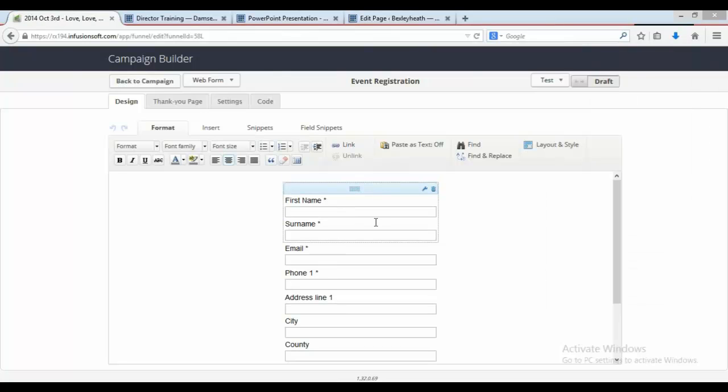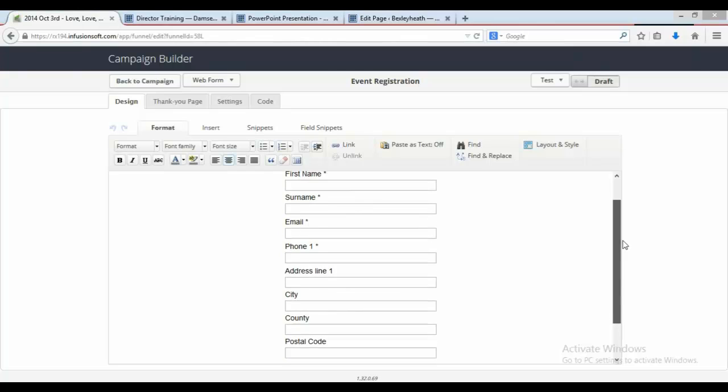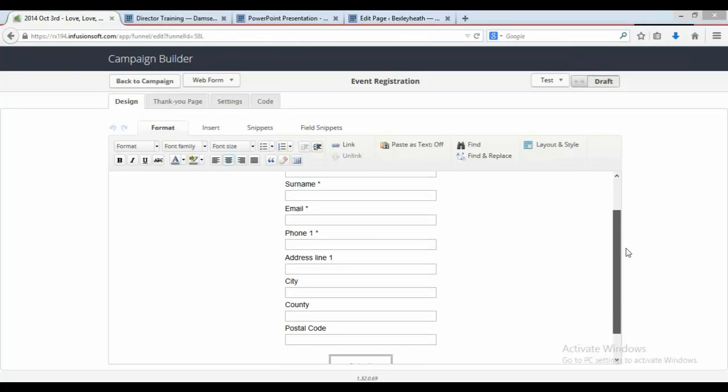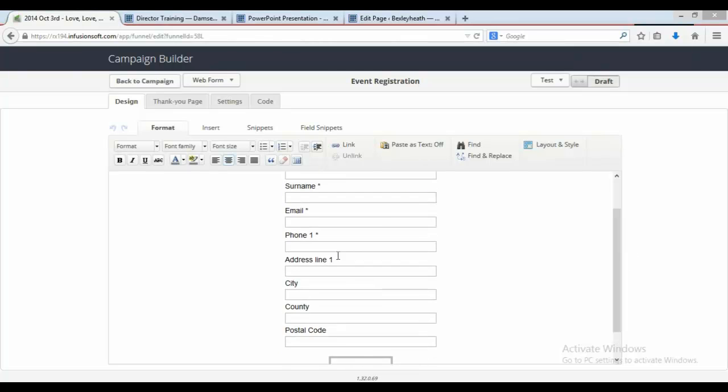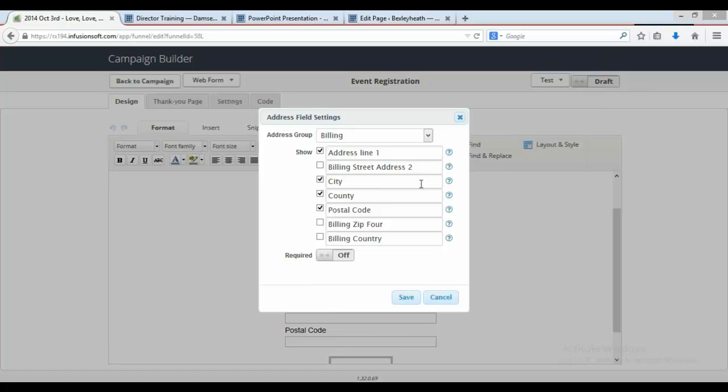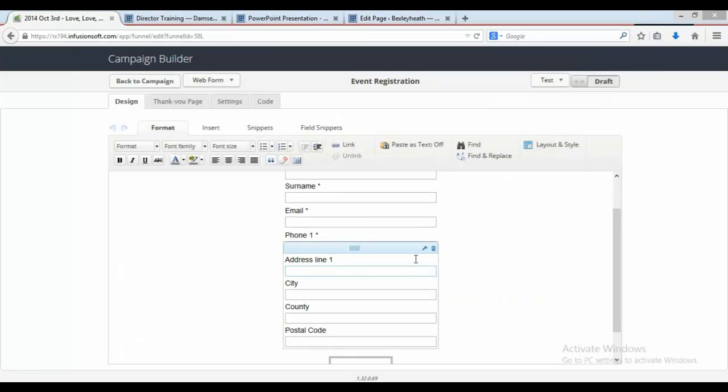Okay, so it should have all of these sections in there. So first name, surname, email, phone, address line 1, city, county, postcode. If you want to change any of these, because it probably is a little bit Americanized, you can either double click, you can either click in, or you can click like that and it will bring it up for you,